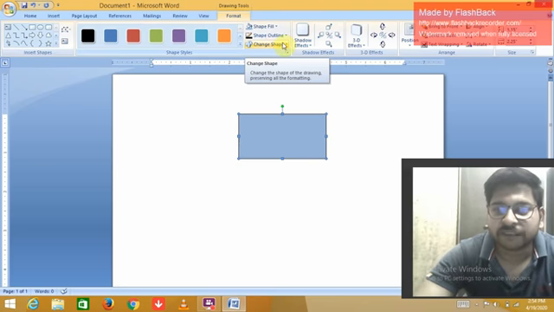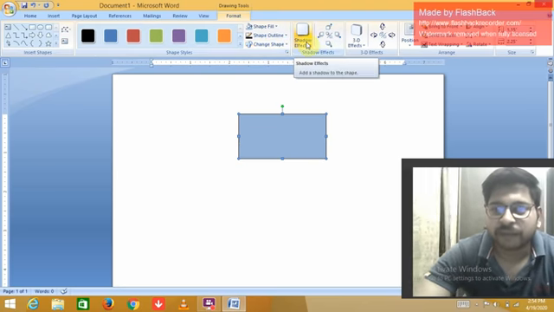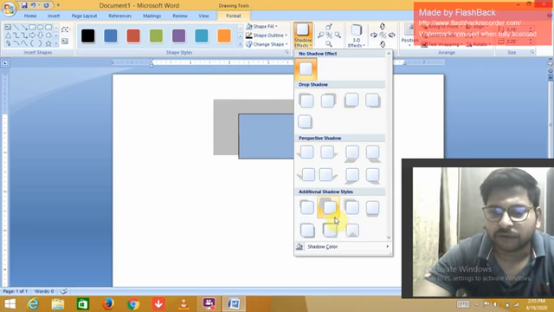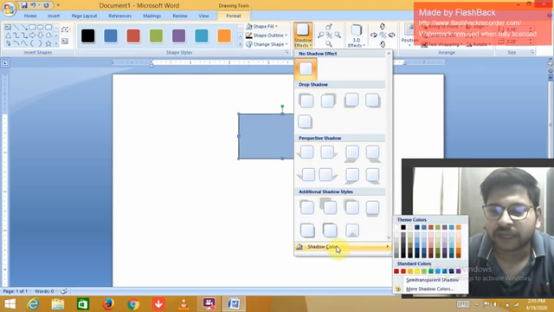You can also change the shape, and the shadow effect. If you want to make a shadow, it can be slightly to the right, left, or middle. You can choose any shadow of your choice, and you can also choose a shadow color.